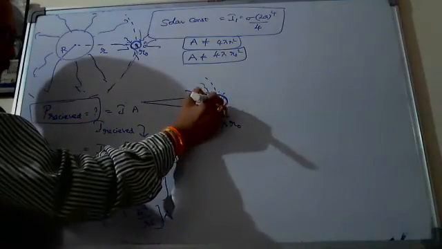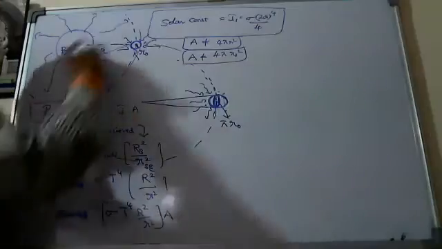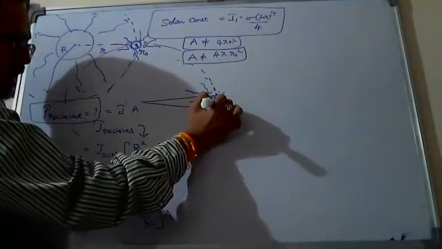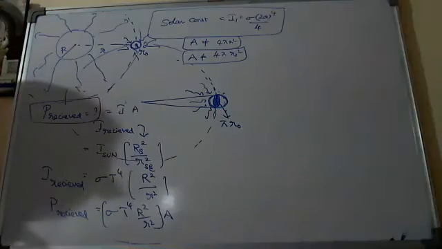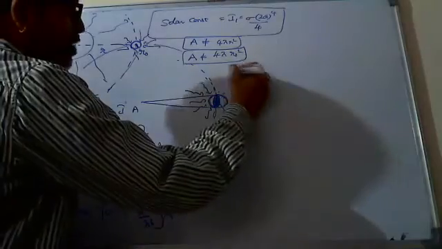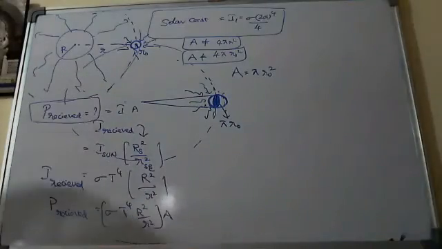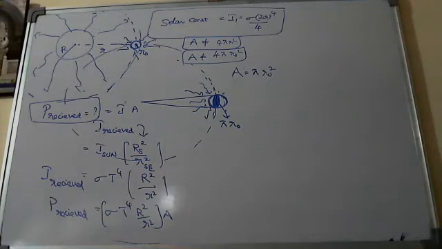So here, only this much part of the total circle area 4 pi small r square is covered. That area is like a disk, and that area is pi r naught square. That's why the area we have to write is pi r naught square. Therefore, I think you can say the answer, what is the power received. This was one question actually given in a previous mains. Of course, long back it was given in advance, and the same question was copied and pasted in a mains exam.